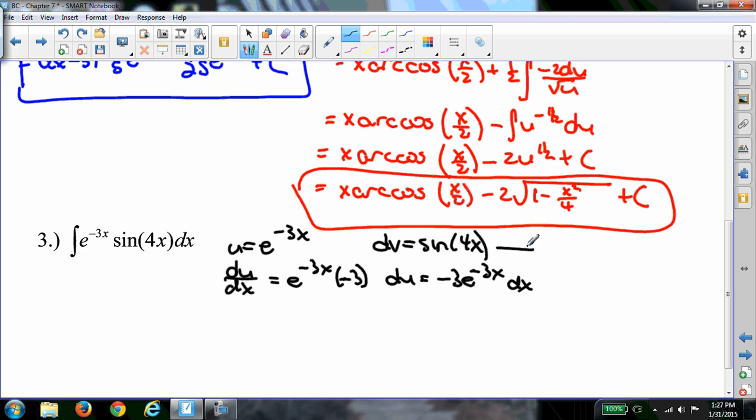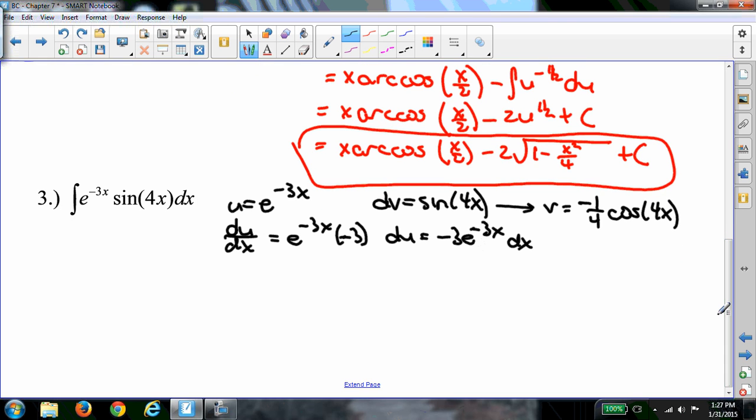If I integrate my v here, I'm going to get 1/4, to undo the u substitution part, negative cosine of 4x. So, substituting this all in, I'm going to get u times v, which is negative 1/4 cosine of 4x,